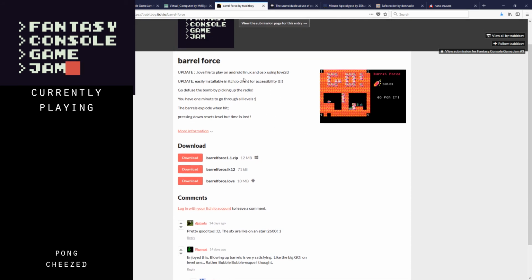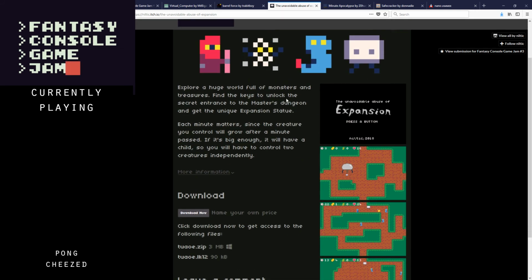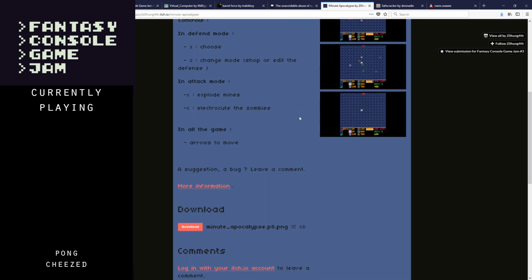Barrel Force. Okay, so you can play this on the itch client, so I'll play that later. And the unavoidable abuse of expansion comes in a zip file, so maybe I'll be able to play that. Minute Apocalypse looks like...